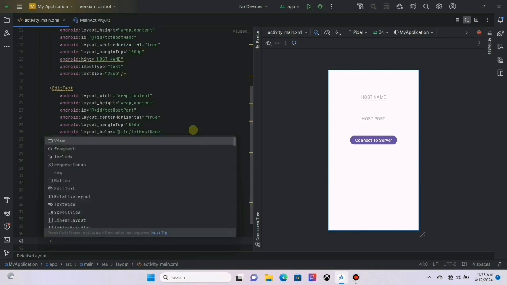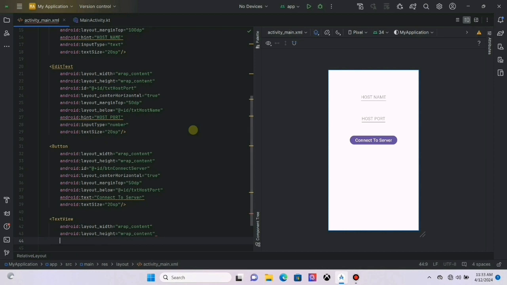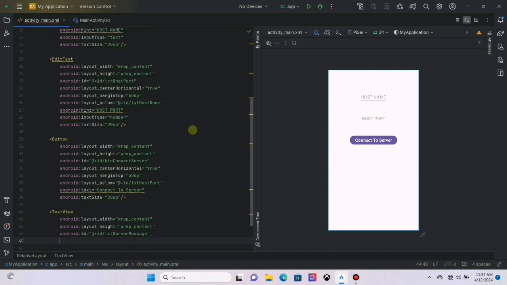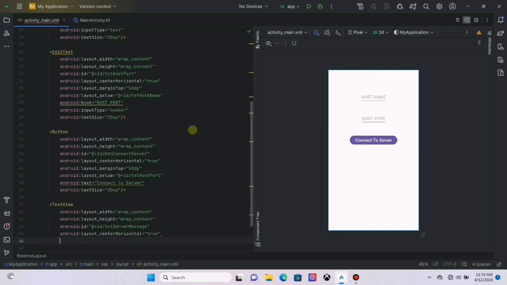Next let's create a text view element for the server message. I set the values of layout width and height as wrap content. Next I give an ID for this element. We need to use this ID to access this element through our Kotlin code. I center this element horizontally.